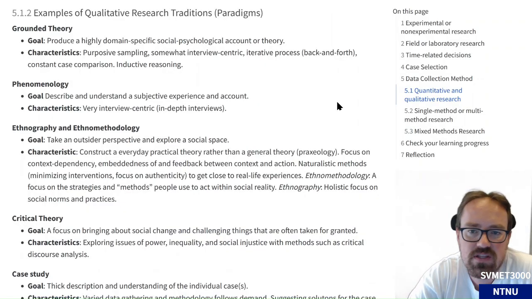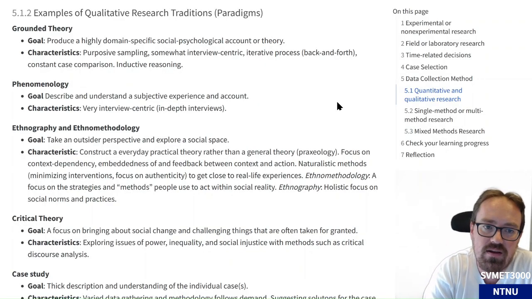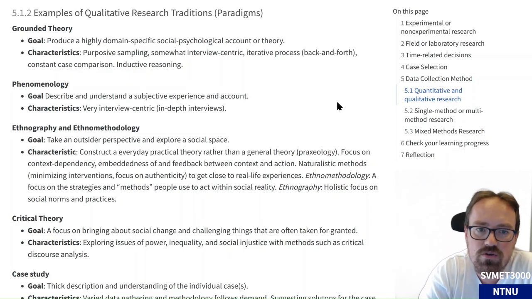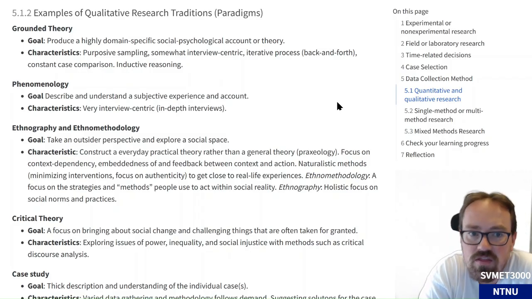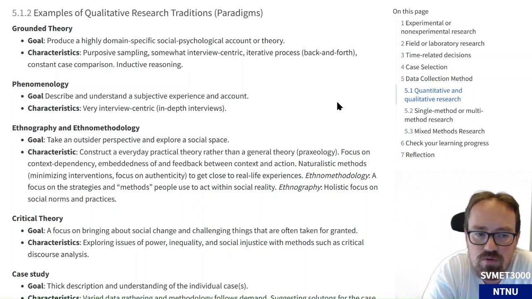That's also because there's paradigms, because there's research traditions mostly split by quantitative versus qualitative, but also within these research